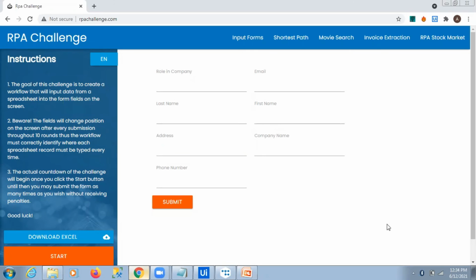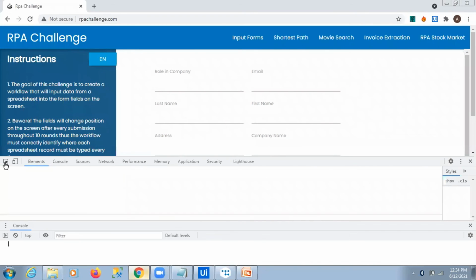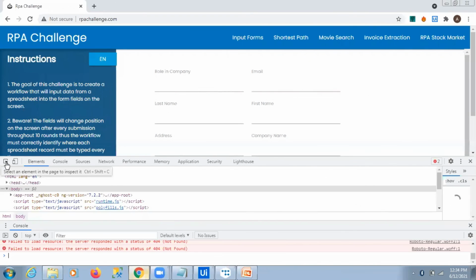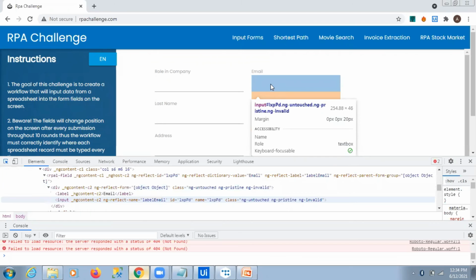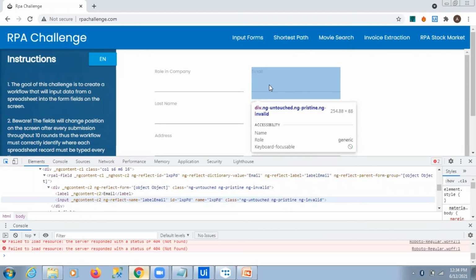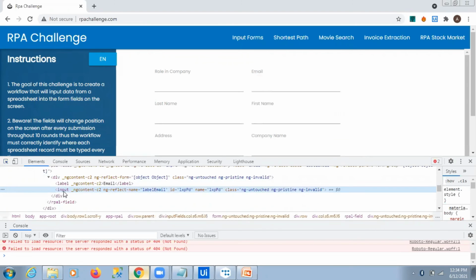I'm just using this cursor, going to that element and highlighting it. See here, the highlighted element is below. So this is the CSS selector of that particular element.